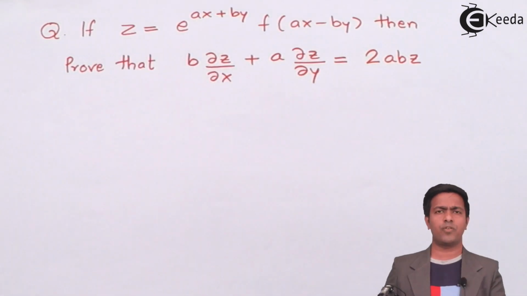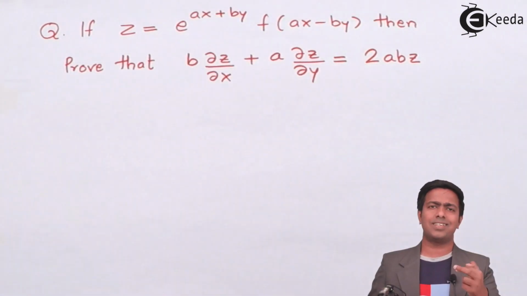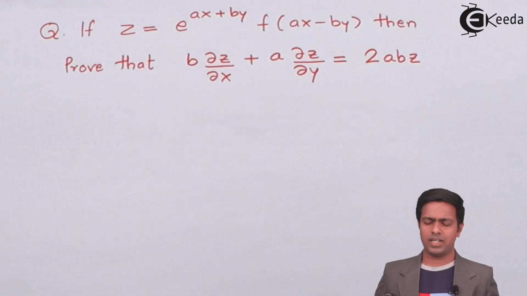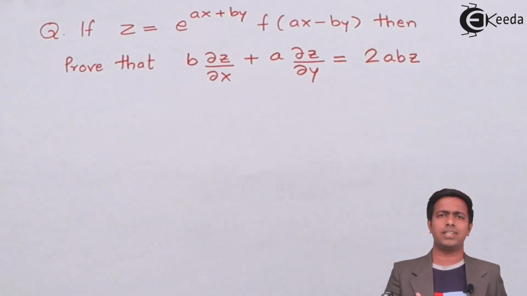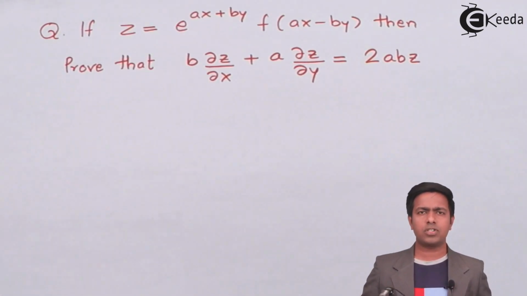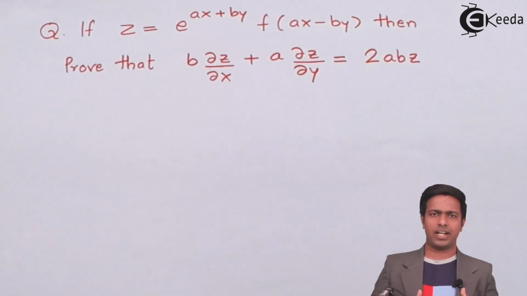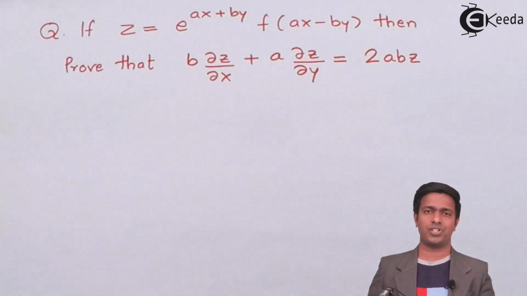So z will become a function of u and v, and obviously since u is ax plus by, u is nothing but a function of x and y. So I can solve it by composite function as well. But since we are doing partial differentiation using first order, I'll use the second method and solve it by that method. For composite function, after some videos we are going to start with composite function also, so at that time we'll see more numericals on composite function. But I'm sure that this question can be solved very fast by using the composite function concept.